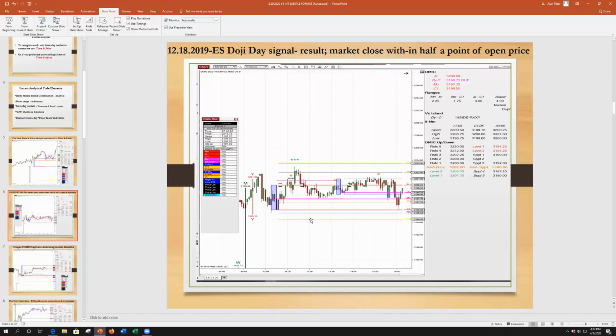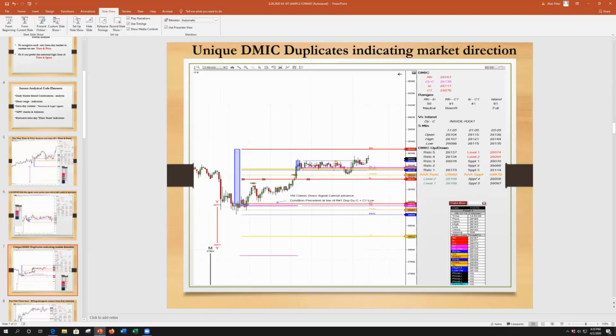The high of this day was the AAA resistance price at 32.02, and there we see the high of the day. Consequently, the market closed within 1 point of the open, and this was our doji day signal. So again, we would not have traded trend breakouts today. We would have avoided that and looked for the first hit of a resistance price and would take in a reverse from that resistance price. Again, we have to understand context in all of those, and that's part of the learning sequence.